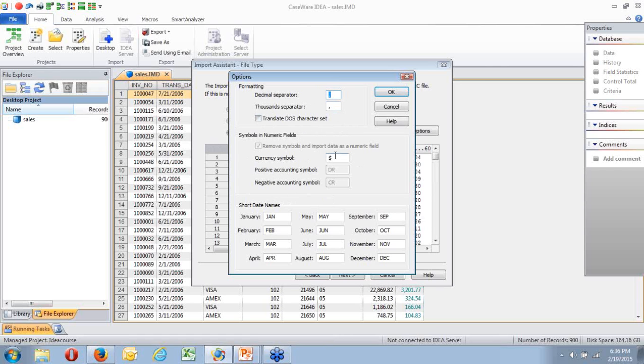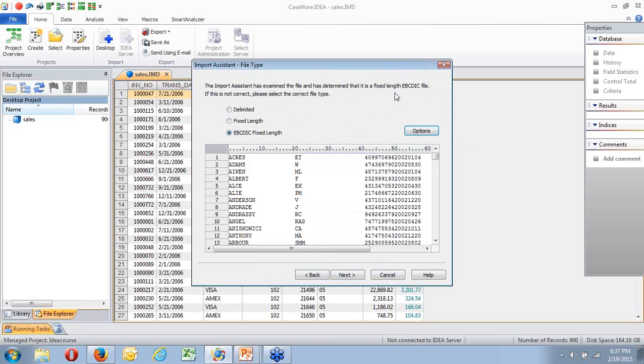Currency symbol is dollar. If I was using this in South Africa, I would change that to an R for rands. These are the short names you can use. Once again, if I was doing this for our French subsidiary, I would change the spelling of the short names. Doesn't affect this, it does affect it when you're trying to output.